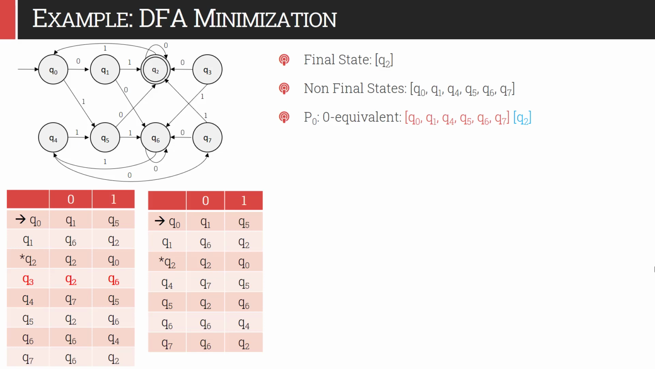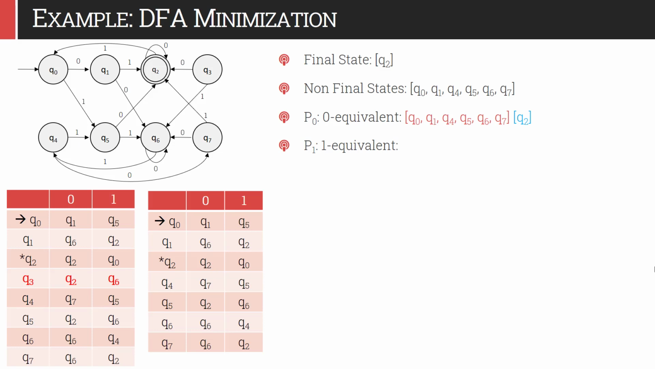DFA. So we will now compute P1, or the 1-equivalent. We will read one character at a time from all the states and see which states are distinguishable. If any states are distinguishable, we will put them into different groups. So we will split this red group into multiple groups. For that, we have to read all the input alphabets from the Q0 to Q7 states except Q2, because it is